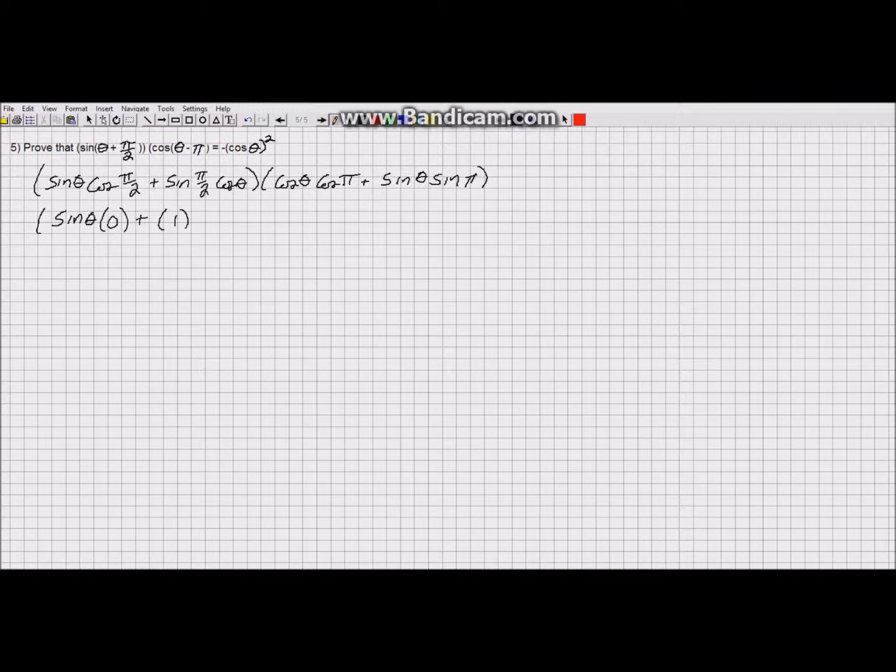I then evaluate the sines and cosines for pi over 2. Cosine of pi over 2 is 0. Sine of pi over 2 is 1. Similarly, the cosine of pi is negative 1. And the sine of pi is 0. I replace those values in my expansion. I do a little bit of multiplying. 1 times cosine theta is cosine theta. Negative 1 times cosine theta is negative cosine theta. The zeros, of course, go out to 0. And I get my solution. Negative cosine squared of theta equals negative cosine